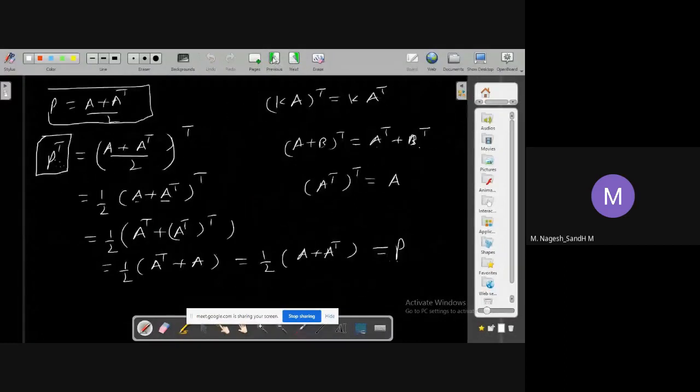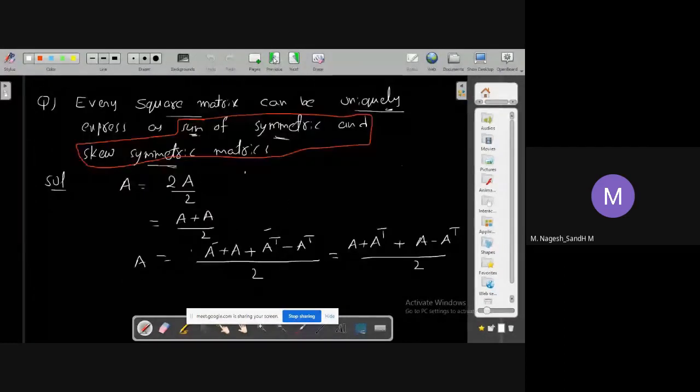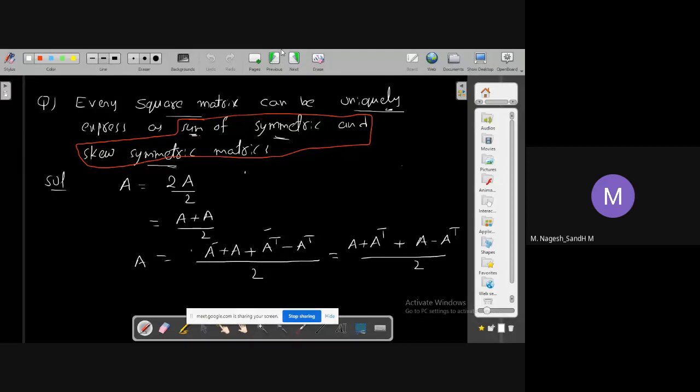I think I wanted to take it a little deeper. Is there any issue? Have any doubts on this? No, sir. I'll forward this material to you. Actually, we have problems on this. Whatever we are discussing, there are problems. I want to discuss those problems tomorrow. That's the reason we discussed this theorem.